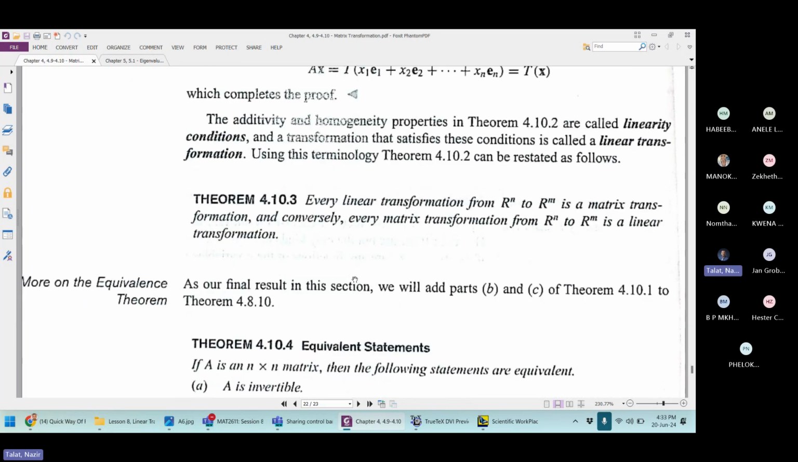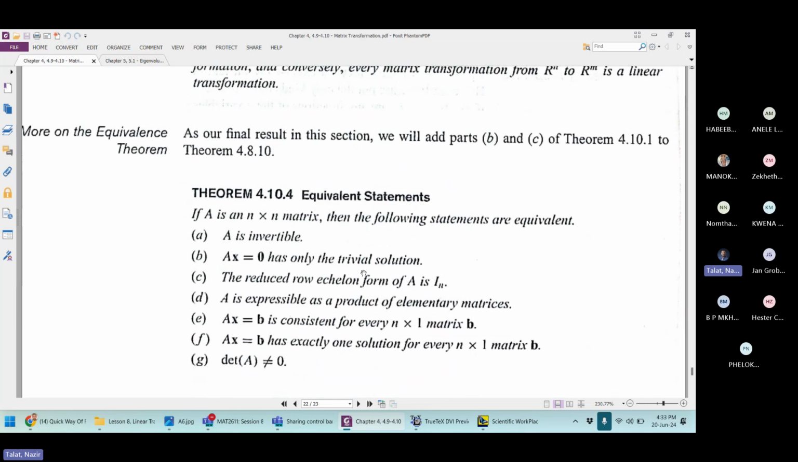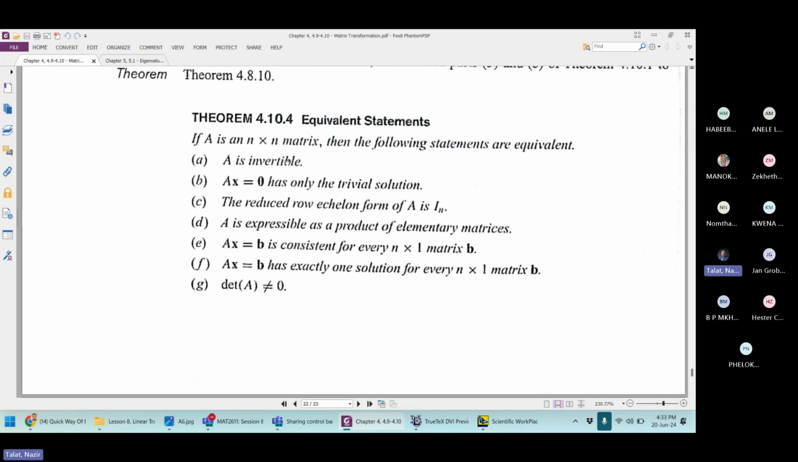So here every linear transformation from Rn to Rm is a matrix transformation, and conversely every matrix transformation from Rn to Rm is a linear transformation. So it means matrix transformations and linear transformations are one and the same thing. And there is an equivalence result that if A is invertible, if T is an operator from Rn to Rm, or Rn to Rn,